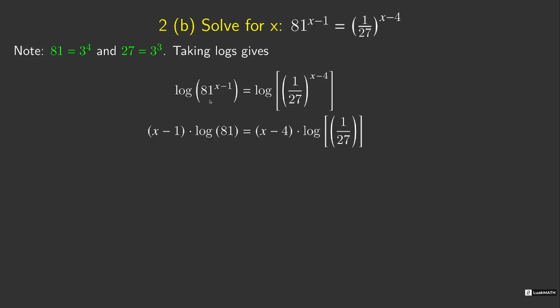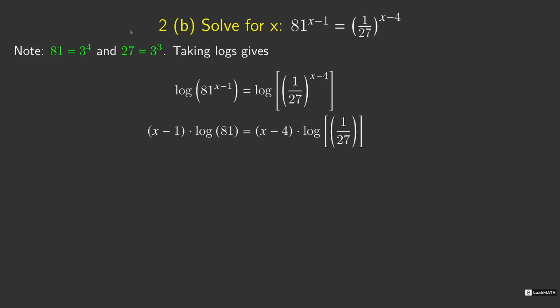So the power rule will allow me to drop the exponents to the back. On the left hand side, the x minus 1, I can drop it to the back. That's why I have x minus 1 here. Similarly, on the right hand side, I can drop the x minus 4 to the back. That's why I have x minus 4 here. Okay, and then